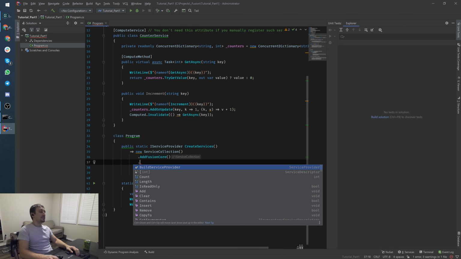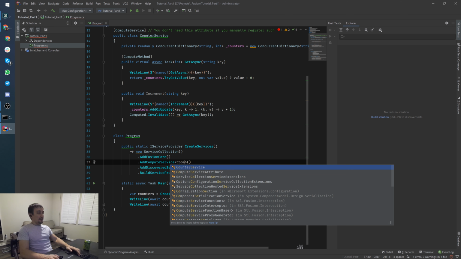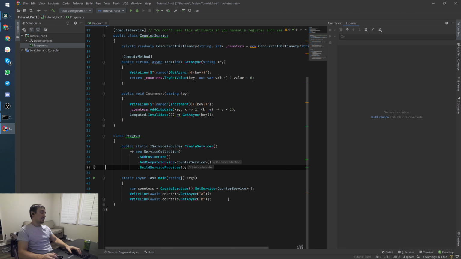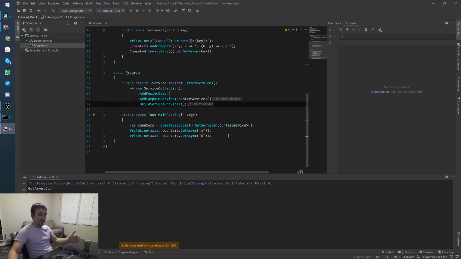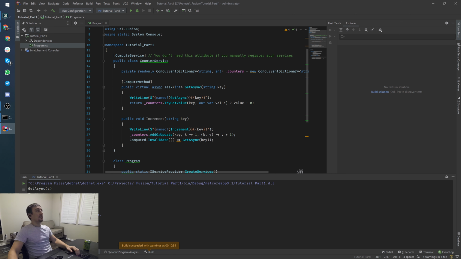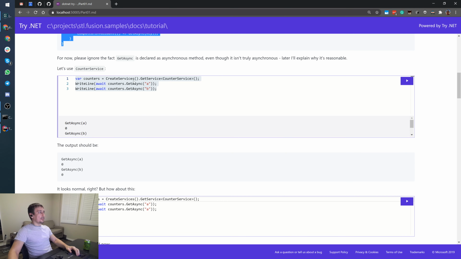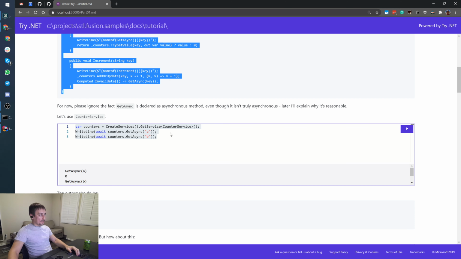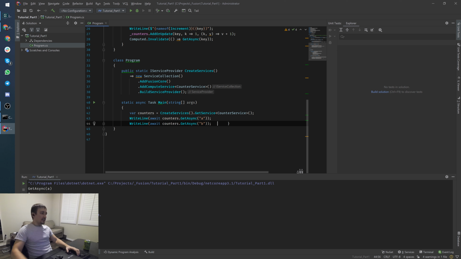You can simply remove this thing and calendar service, and it's going to work the same way. Nothing changes. Okay, so now we are ready to talk about the compute services. What are they? If you go through the examples here, you will find out that, so far